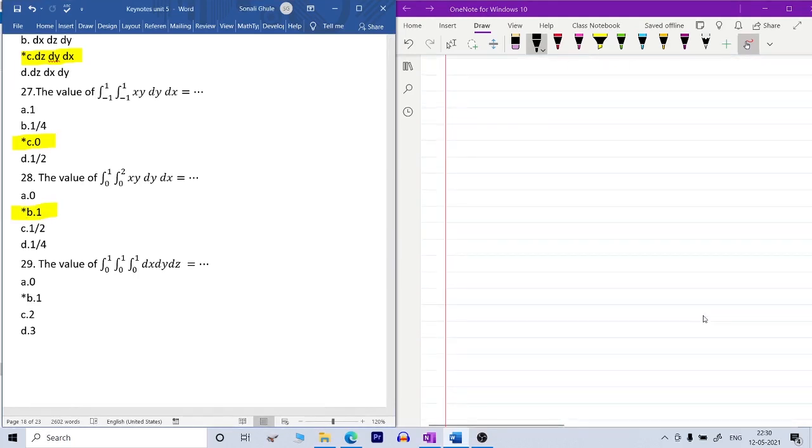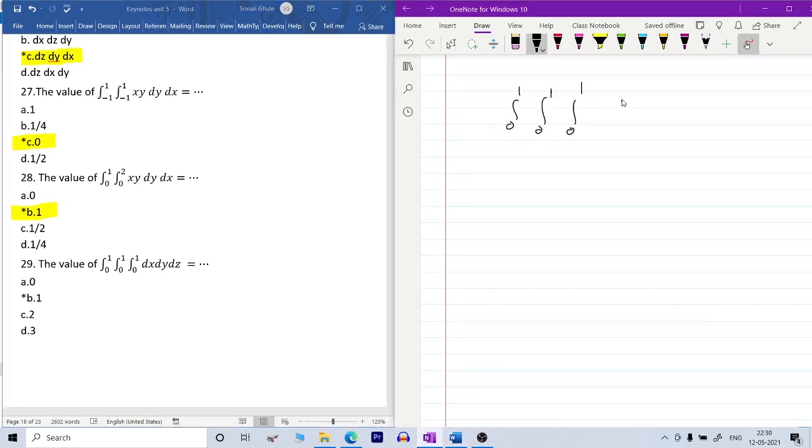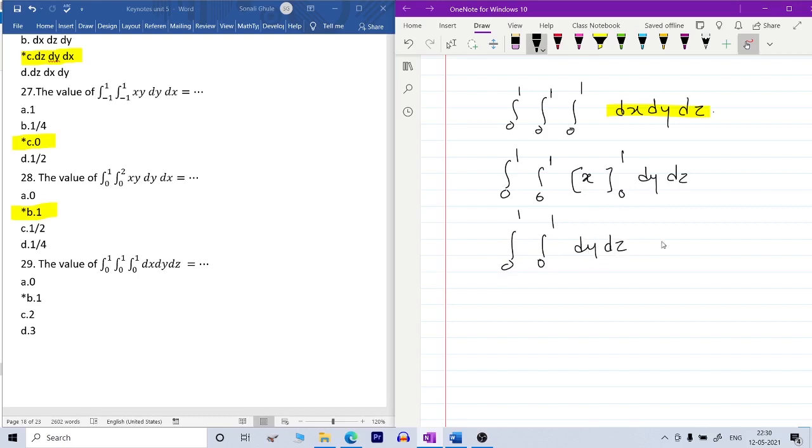Now the last example for this lecture is, this is our triple integration. Let's solve it. That is dx, dy, dz. So again, all the three limits are constant, so integrating by given order. So first with respect to x, so integration of constant is x, 0 to 1 dy dz. Applying limit 1 minus 0 is 1 only. So remaining term is double integration 0 to 1 dy dz.